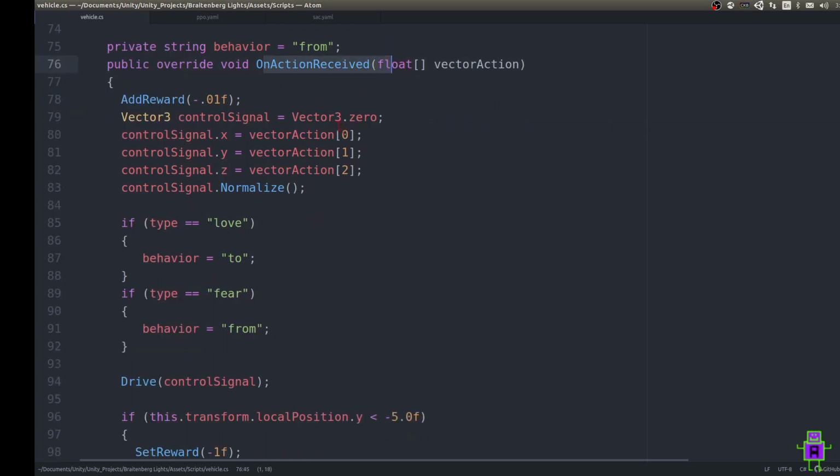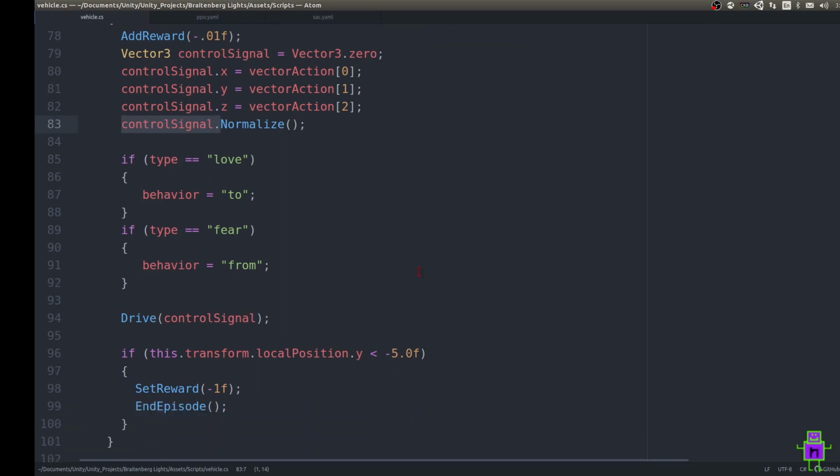So what's going to happen is we're going to get a small negative reward just for existing to make sure that we enforce the vehicle to move around and to try different policies instead of staying in one place. Adding a small negative reward helps enforce that in your reinforcement learning algorithm protocols. And then we're going to create a control signal and normalize it, and this is what the reinforcement learning algorithm is going to change in order to figure out how to control our vehicle. We are then going to take that control signal, interpret it, and apply it with regular Unity programming to move the vehicle around.